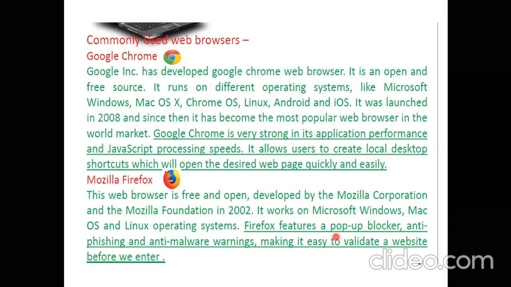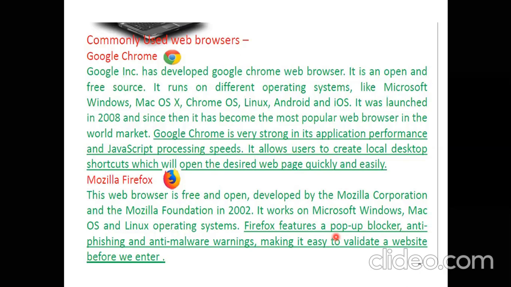Pop-up blocker means generally whenever you access any website, so many pop-ups come, like you can download this or you can enable this or maybe some advertisement that you can go to. Generally, they take you to some other page or they start downloading as you click on them. So Firefox has a feature that you can enable the pop-up blocker over there.